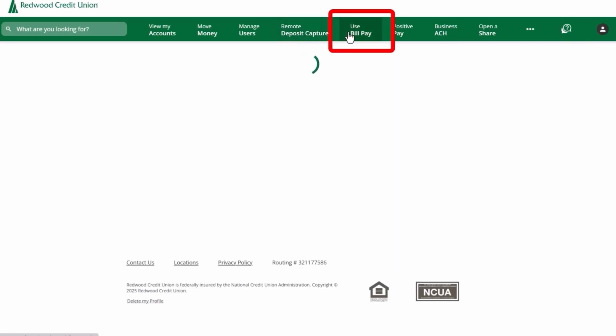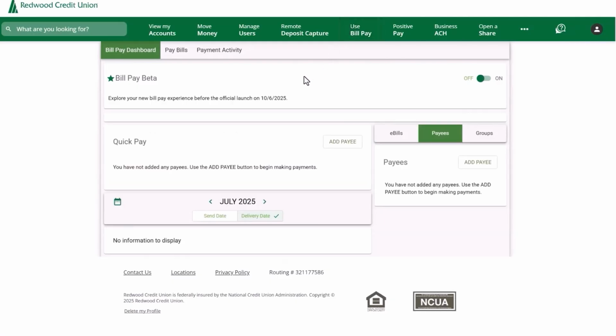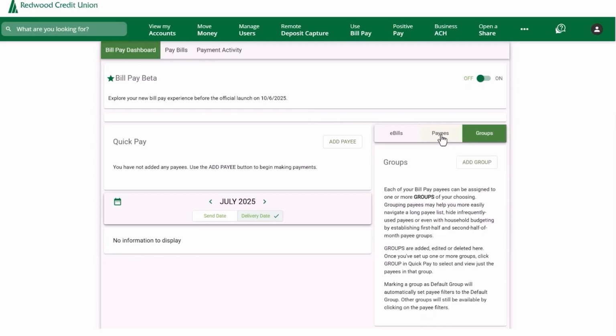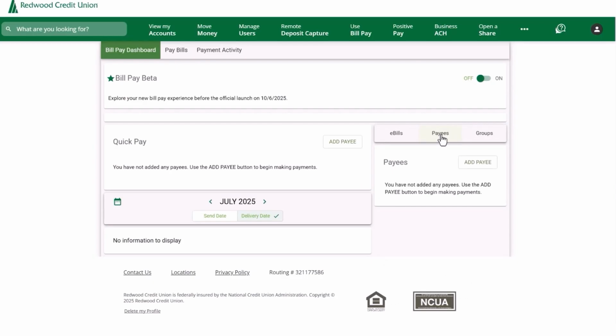Bill Pay. Just like for consumers, this is a completely free service. You can have e-bills such as PG&E. You can create payees. You can even have groups. Now, when we're using Bill Pay, it will most of the time send a check. However, if there is a pre-established connection to whichever payee you're looking to pay, you'll be able to confirm that